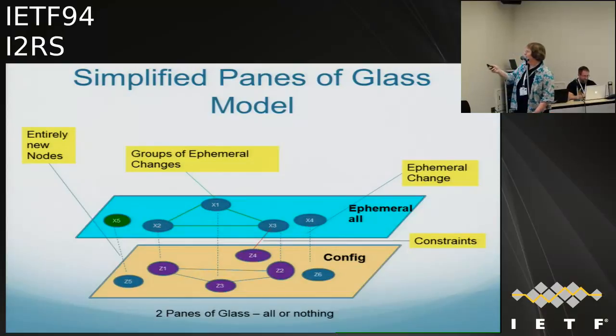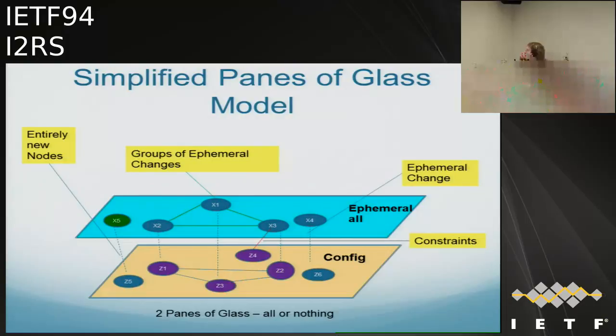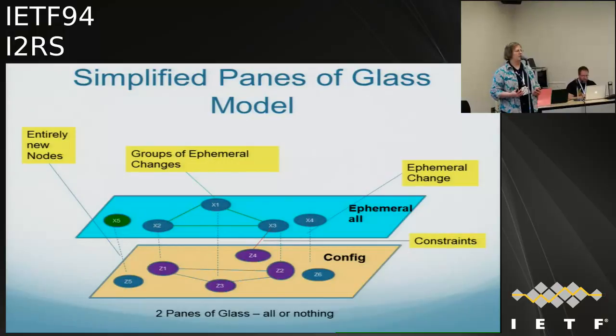If we have one pane of glass, and thank you again for my ephemeral here, and here we have the config. That's what we mean by two panes of glass. The original config down here is what was configured, and that would have been Z1, Z2, Z3. When we